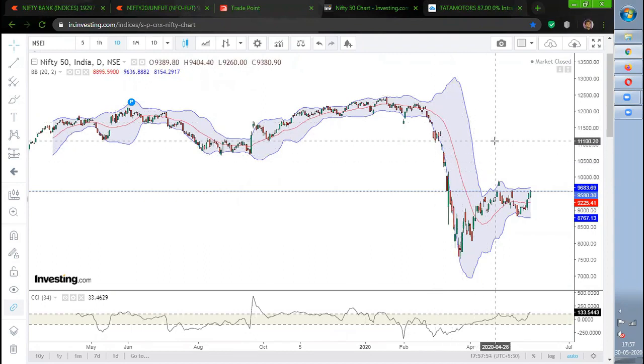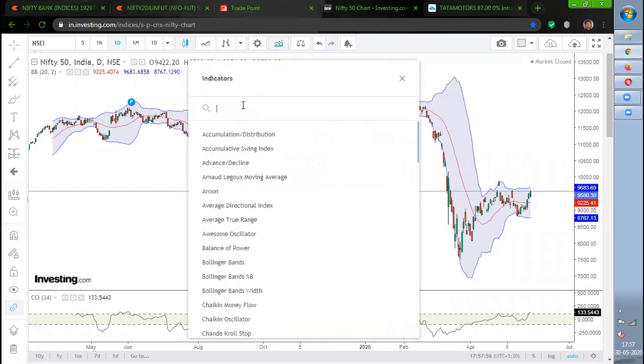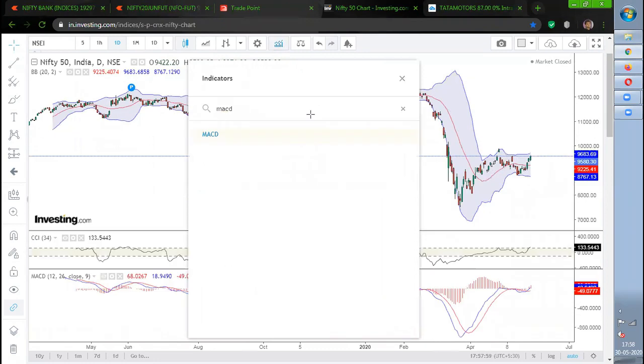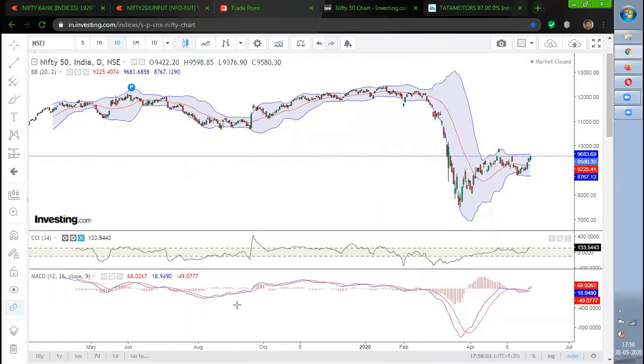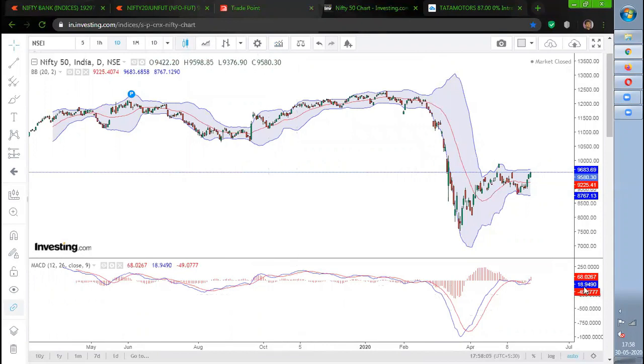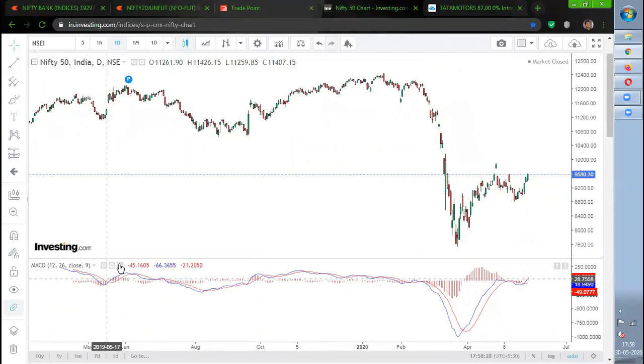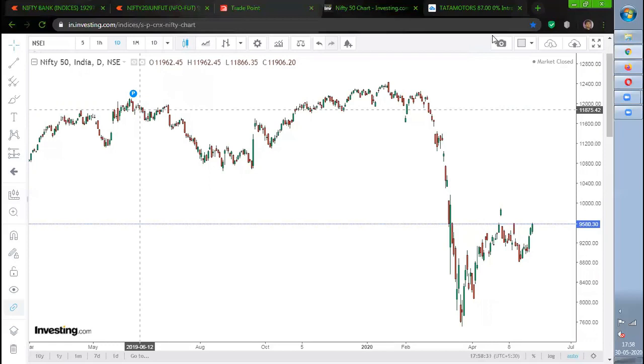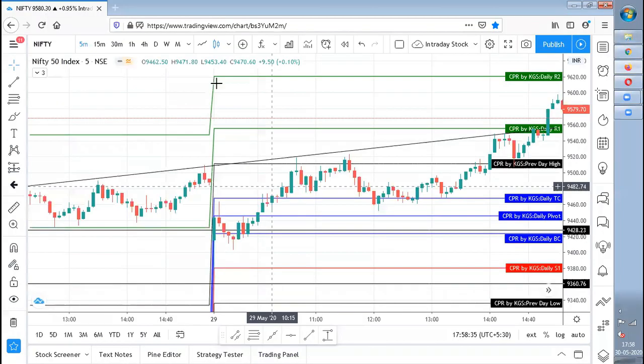What about the MACD indicator? MACD also, bro. People say whenever there is a crossover, or whenever it is going down, we can go for a sell entry or buy entry. But see this zone alone, there are a lot of crossovers. We are not sure when actually the entry will come. So I don't trust MACD or Bollinger or any lagging indicator. I trust CPR and pivots.